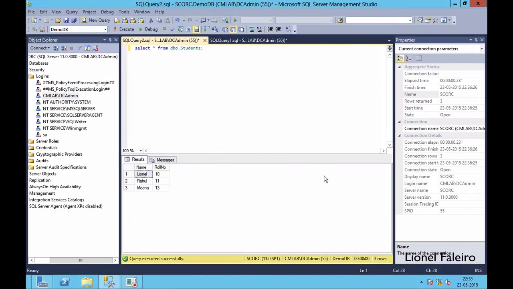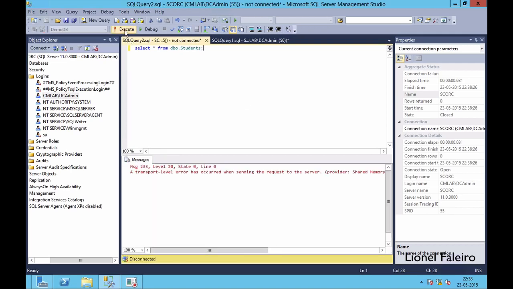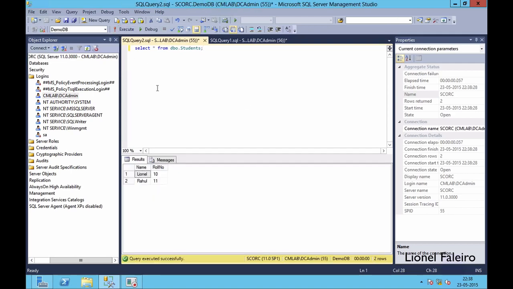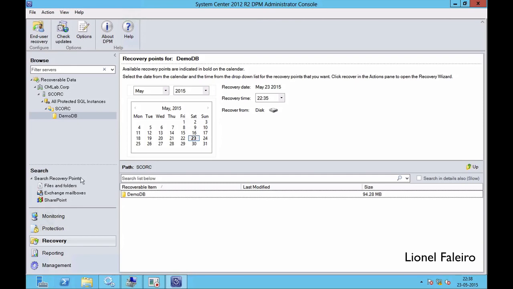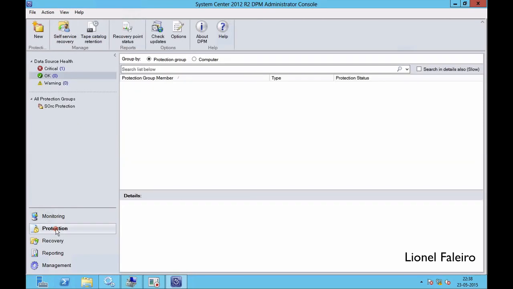If I come back to my database and I run a select query again, I will now see that my database has the two rows of data which were previously there in my database before the recovery point was created. This means that my recovery point has been successful and my data has been restored to the point when the recovery was made. If I go back into protection,